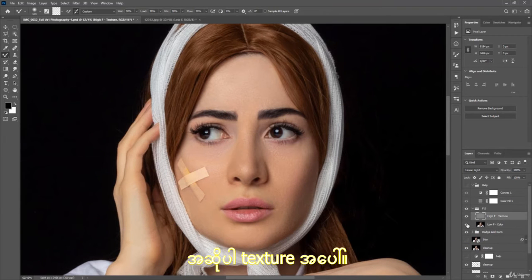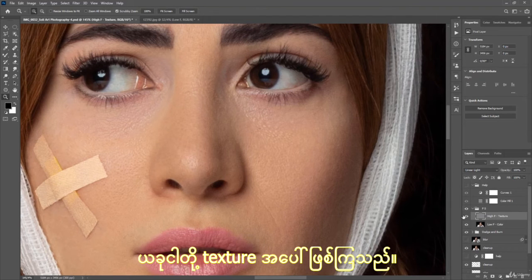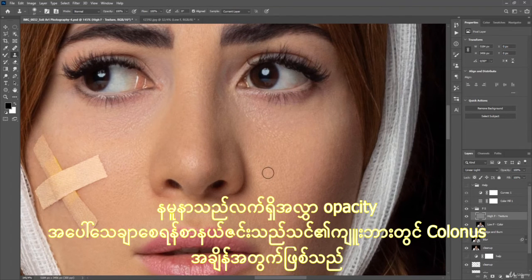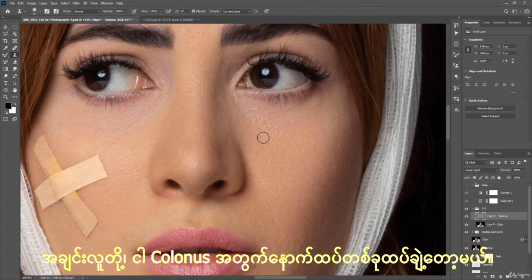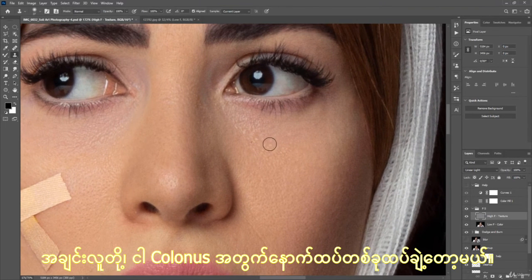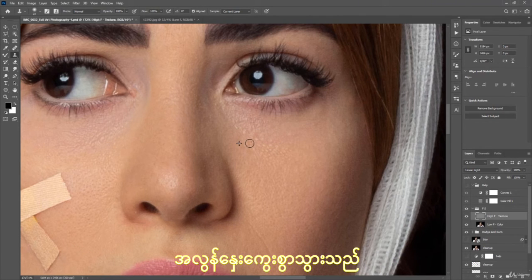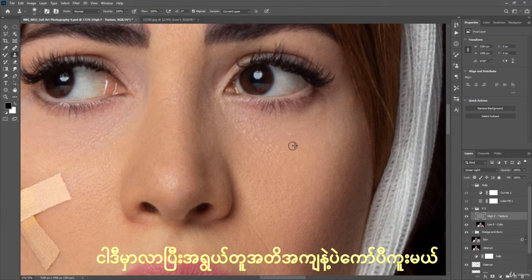Turn on the texture. Now let's zoom in. Now we are on the texture. Press S on your keyboard for clone stamp tool. Make sure the sample is on current layer, opacity 100%, flow 100%, and slowly, guys, I'm just gonna zoom in for this one. S again for clone stamp tool, make it small. Guys, very slowly, I'm just gonna come here and copy from the exact same area,